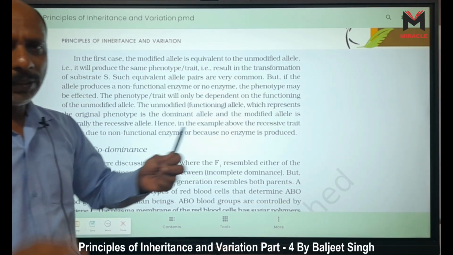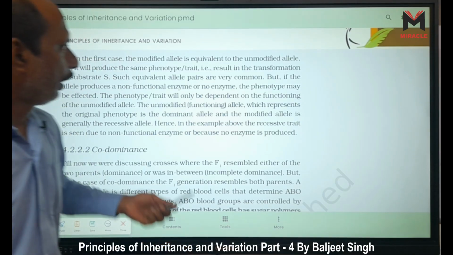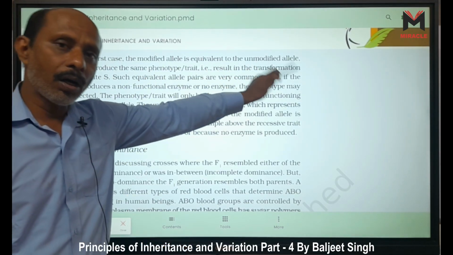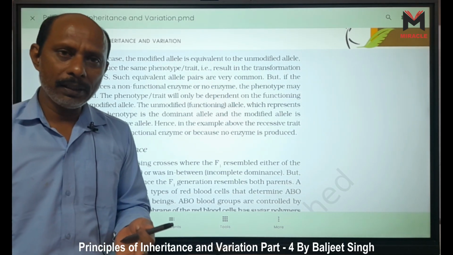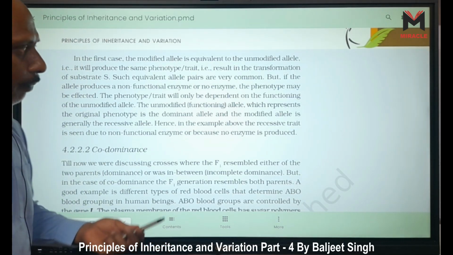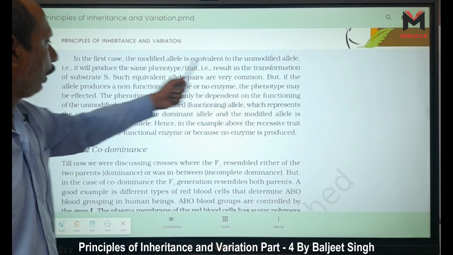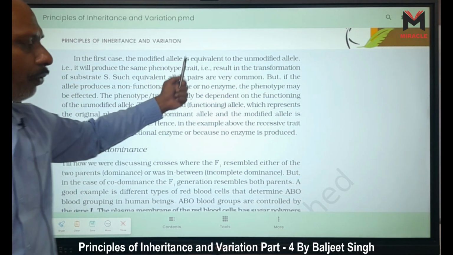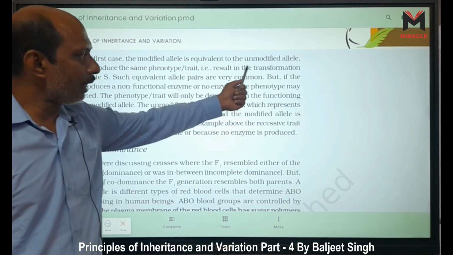Modified allele means one capital T and small t is there, so that is called modified allele, right? So here it is equivalent to the unmodified allele. Equivalent to unmodified means what? Like capital T or small t, it is equivalent, right? So equivalent to capital T is actually the unmodified allele. So it will produce the same phenotype or trait, the same expression, and that means it results in the